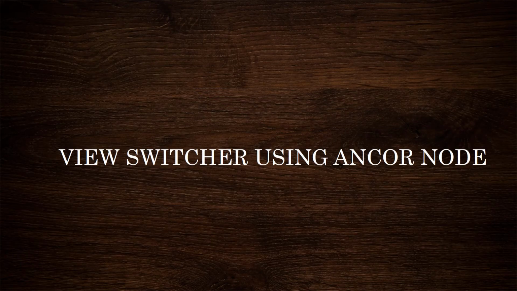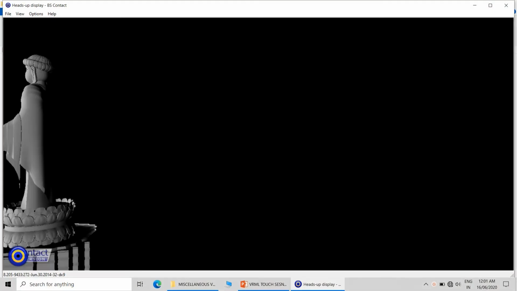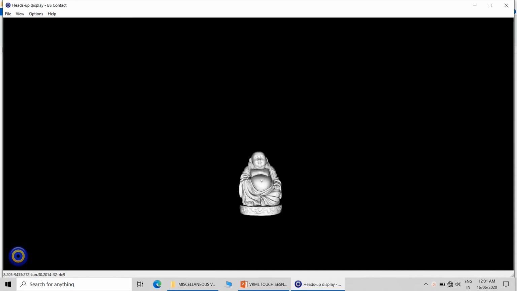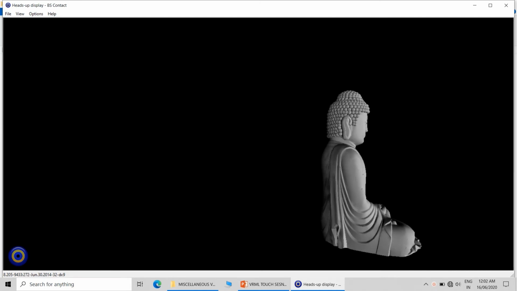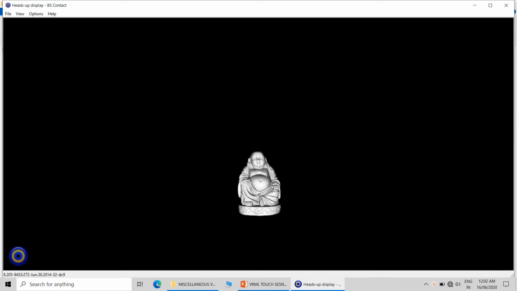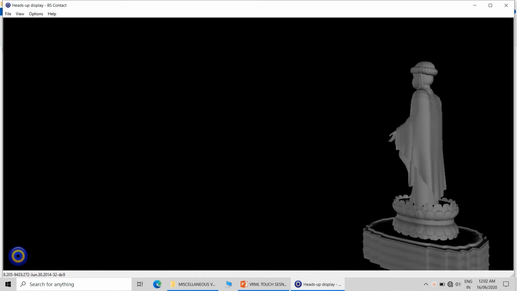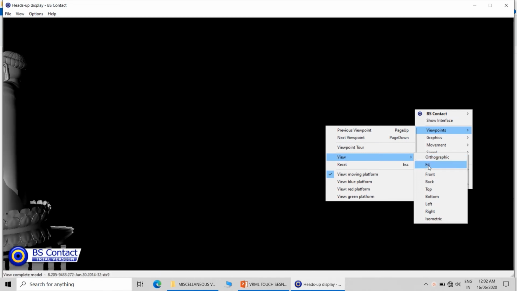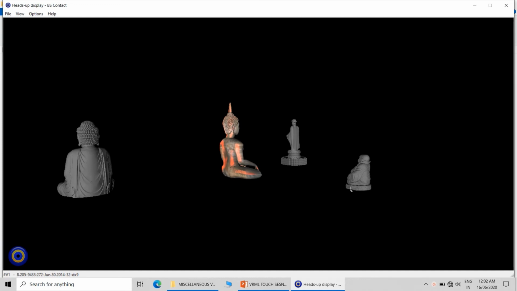Then the views feature using anchor node. With the help of anchor node we can switch the view. There are certain statues, and I am on a rotating platform, and from the rotating platform I can see the statues around me. This is one view. Now let us see the entire view.